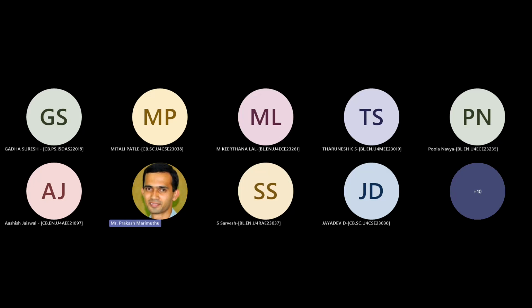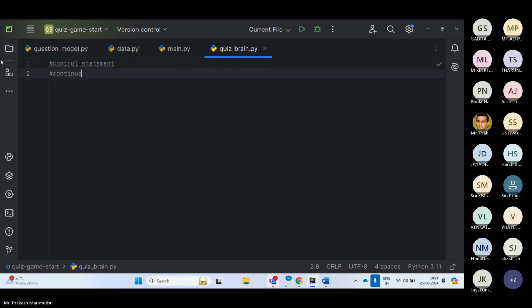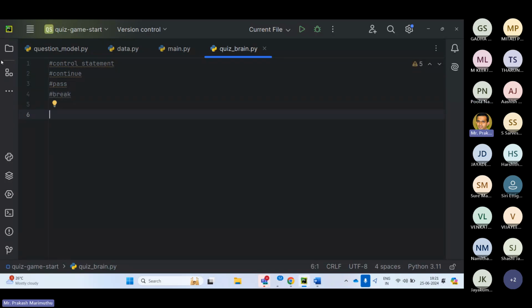Control statements that I forgot to tell. So control statements, we have continue, then we have pass, and break. What each of them will do is, if I say continue, for example,